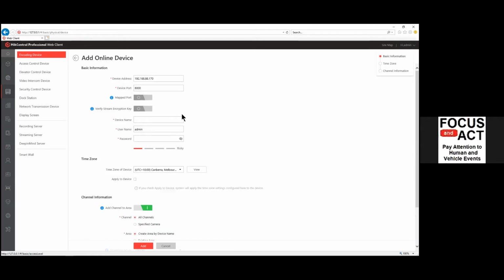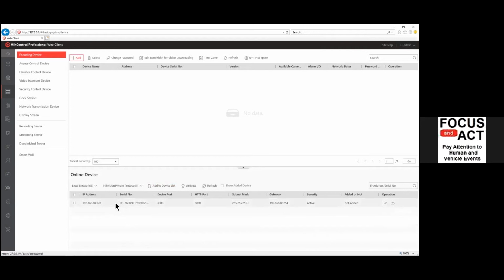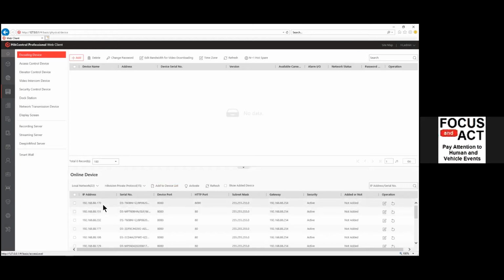So this is doing it locally. If I just go back a bit, I'm doing this because all those devices are local. If I had some devices in Melbourne, from our Melbourne office, I can't do it from here. I need to go add up here. So anything that's on a WAN or remote needs to be added directly from the icon up here. So we just click on this option up here,